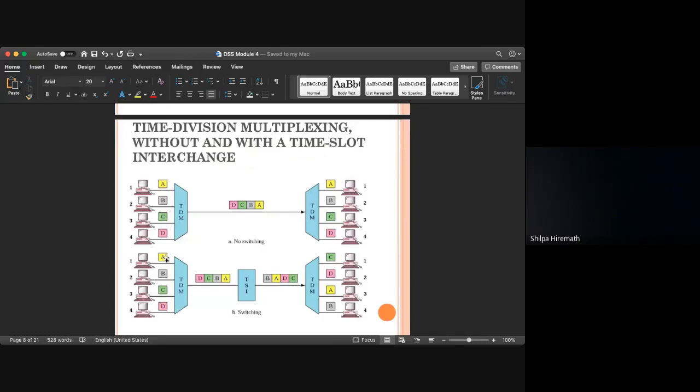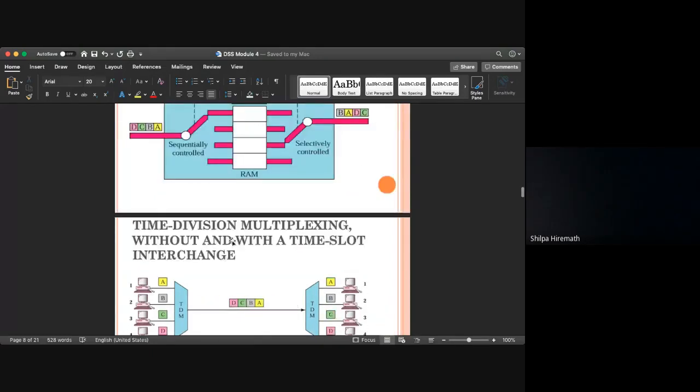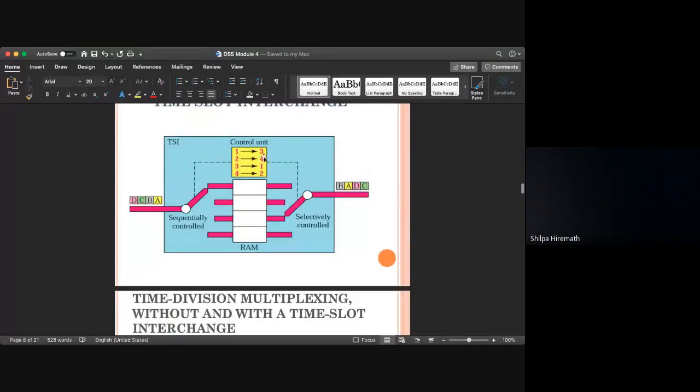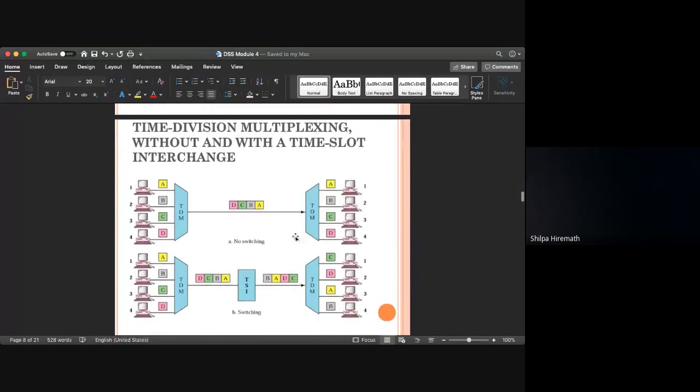So 1 sends a data A, which is in the first position. The time slot interchanger has changed it based upon the data in the control unit, and that A has occurred at the third instant. So that has moved to the third destination. So A is here. Same way, B is occurring at second. So the second data has to be changed to 4. So whatever was there in the second position has moved to fourth after passing through the time slot interchanger. And that B is passed to the destination 4.